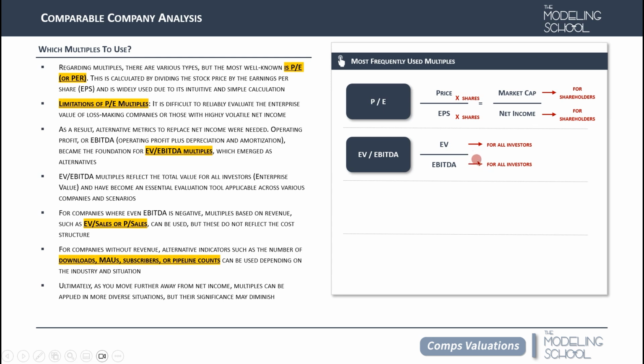Number one, we can use it across various scenarios, even early stage companies that do not yet have a very stable net income. We can use EBITDA multiples. So the usage is much wider, and